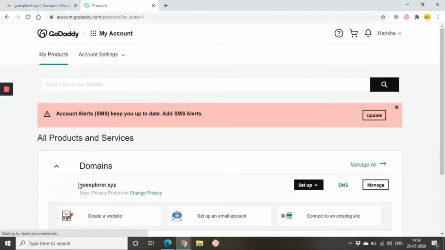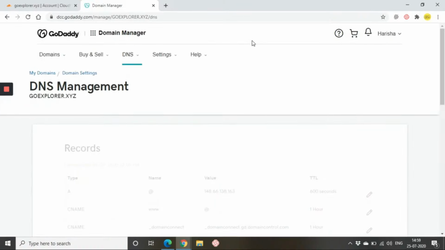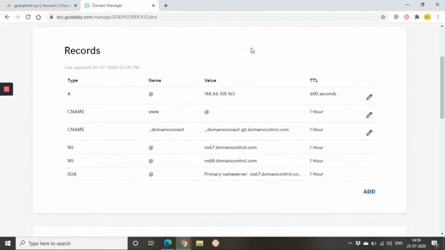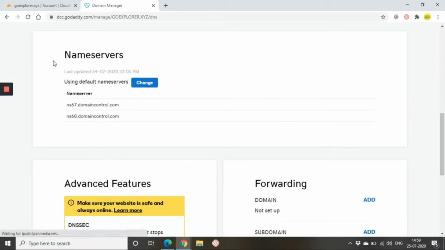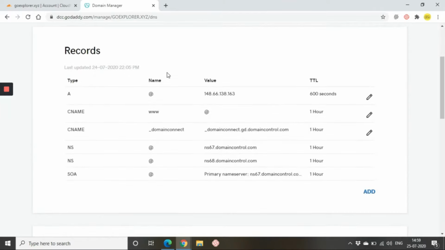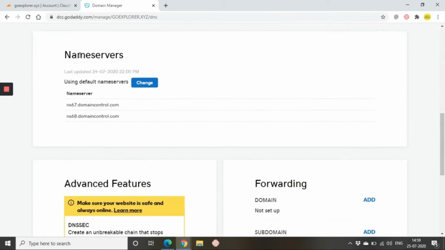Go to the particular domain for which you want to apply the SSL certificate, and then beside that go to DNS. Now scroll down a bit and click on change. Here you can see name servers, right? So go there and click on the change option.